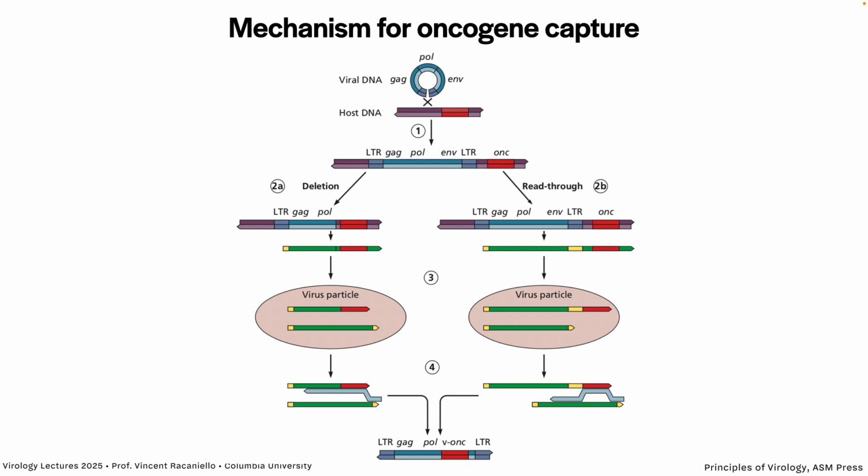And by chance, transcription is going to, at some point, include the oncogene in the mRNA. It'll be built into the virus particle and eventually make its way into new cells. It'll be delivered to cells by virus particles. So it's an accident of the fact that retroviruses have to integrate their DNA into the host cell. There's no need to transform cells. It's an accident. If integration is random, eventually you're going to hit an oncogene.